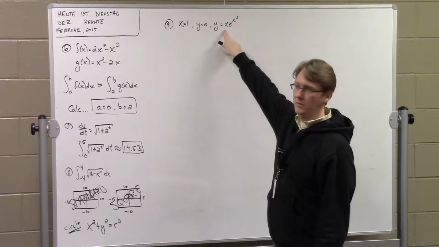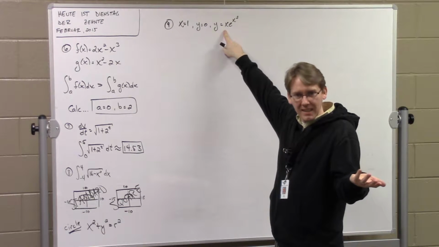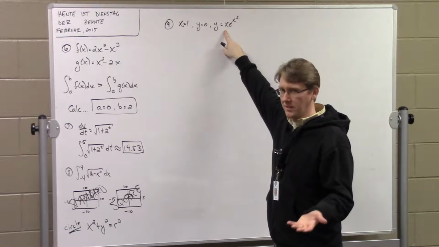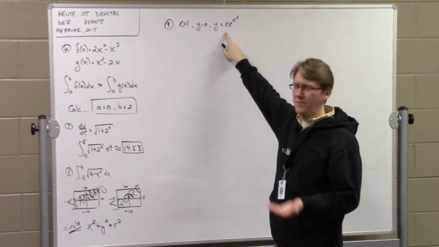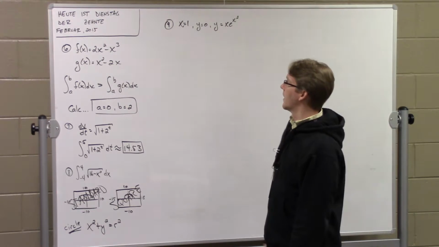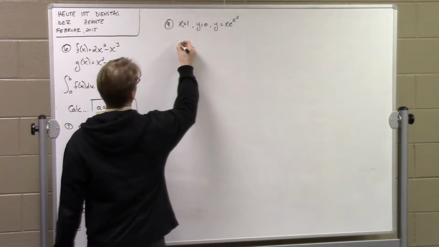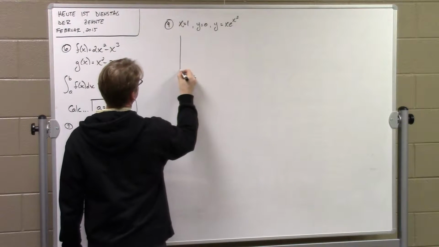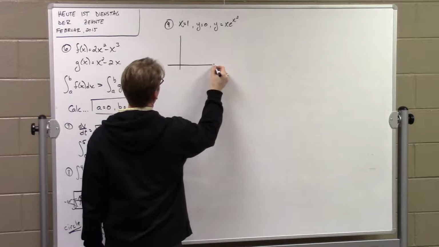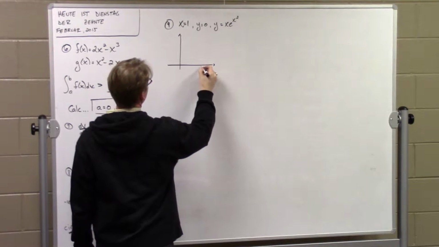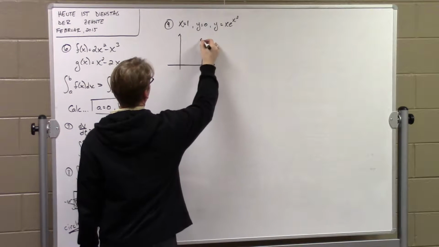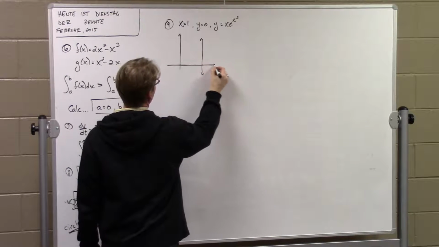There's my u, there's my du, I see it, okay? You should start seeing functions that way. If I have to do an antiderivative, no problem. It might help to visualize this or for you guys to graph it. Okay, so we have x equals 1, a vertical line at 1, y equals 0,